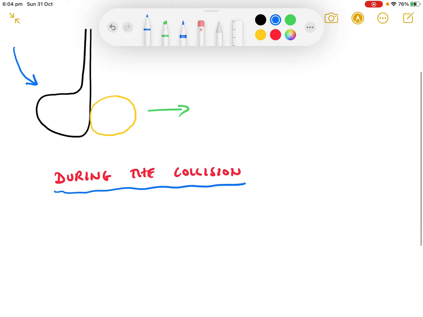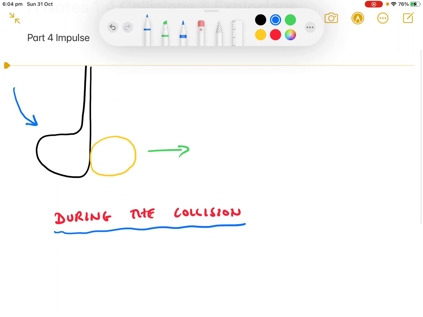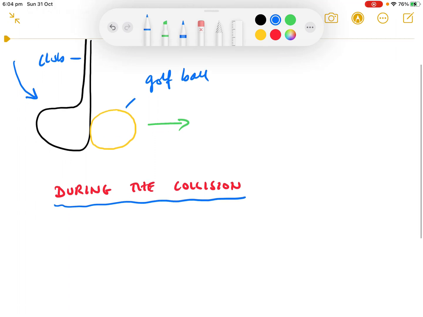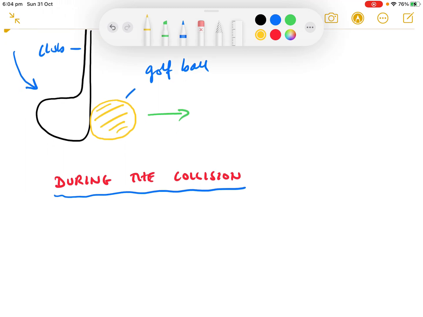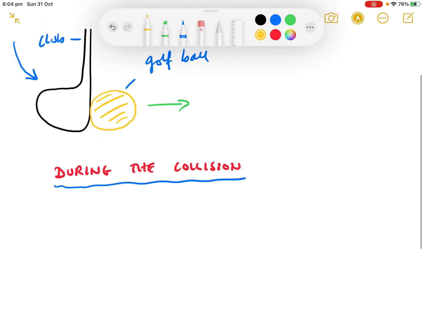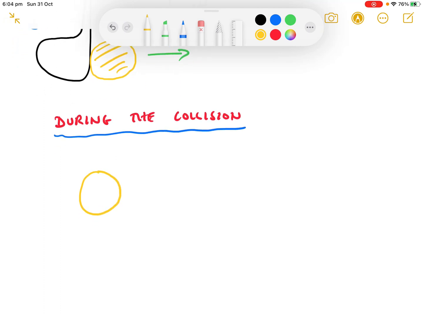Now, interestingly, what happens during the collision, something slightly strange actually happens to the ball. So we're going to focus in on the golf ball as opposed to the club. The golf ball is our object of interest. There it is there. Well, interestingly, if the golf ball starts off sort of like this, then I'm going to exaggerate this, but